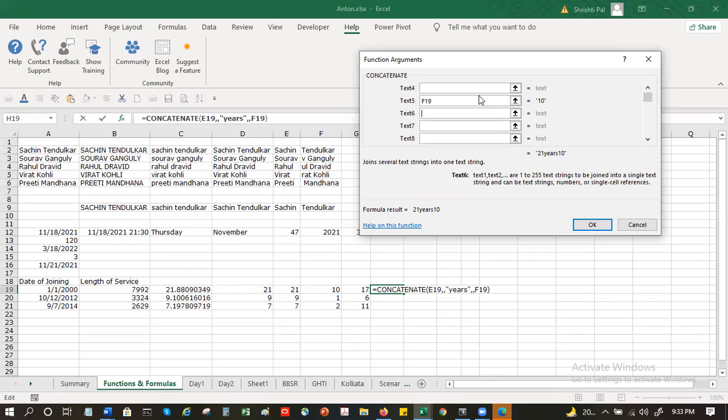Now this space that I did here, it actually didn't take this space. What I had to do, I had to hit a space on my space bar. Then it put this space here. You see, there's no space between years and 10. I have to hit a physical space on my keyboard.